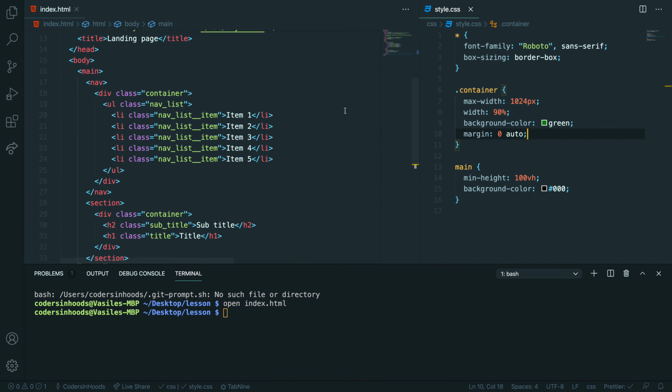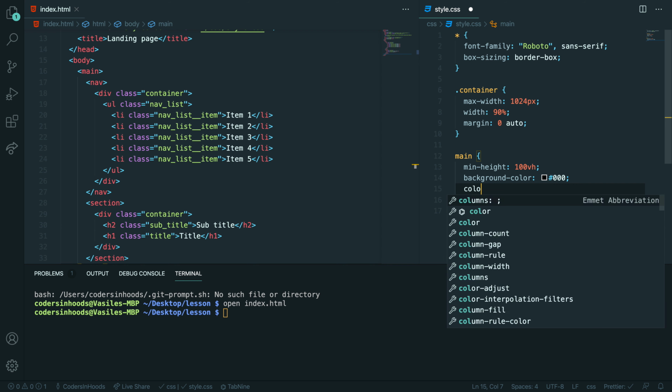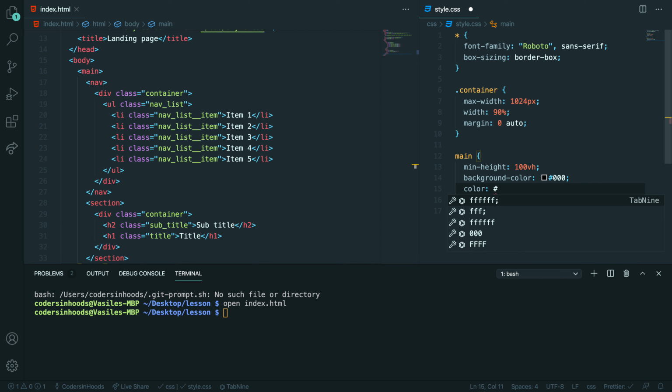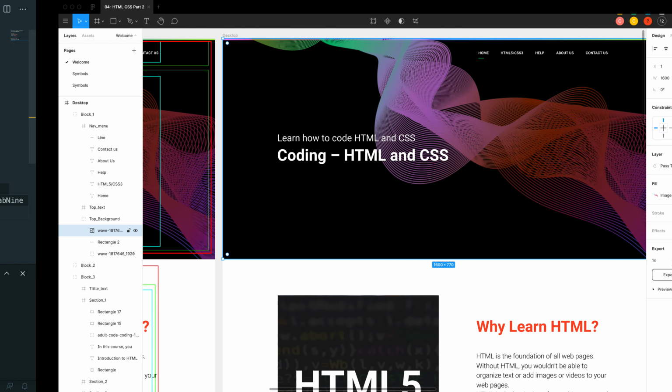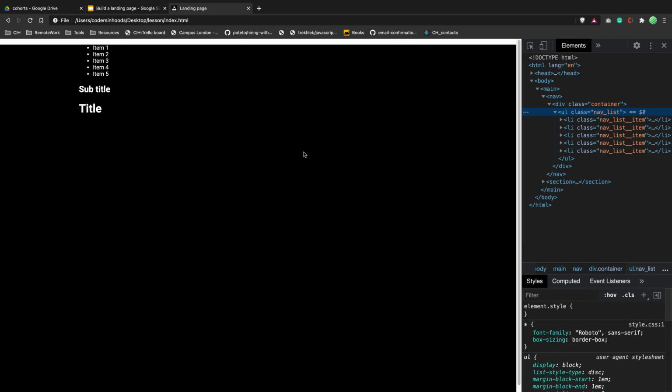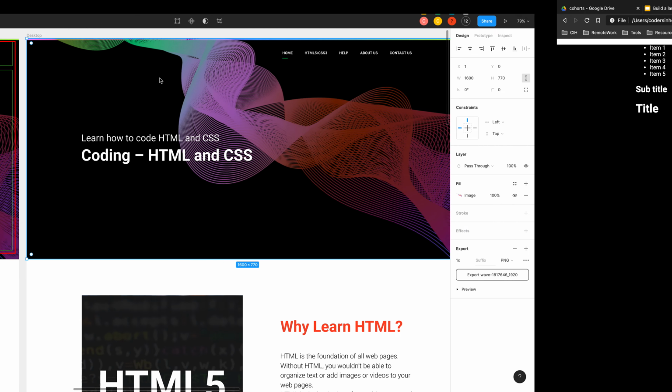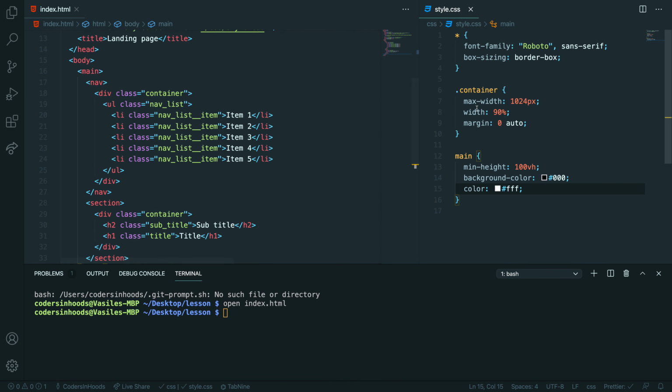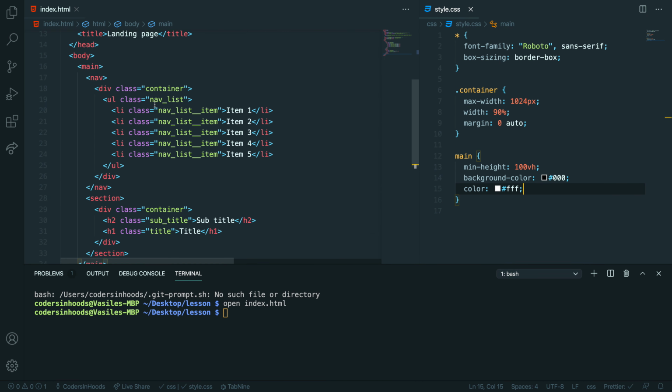Yeah, so next stop, let me remove this one, and potentially for my main, I will change color to white, so we can see our text actually. Refresh, we can see our text. Great. Now here, I want to have a few things to do. I want to style my navigation. So my navigation,